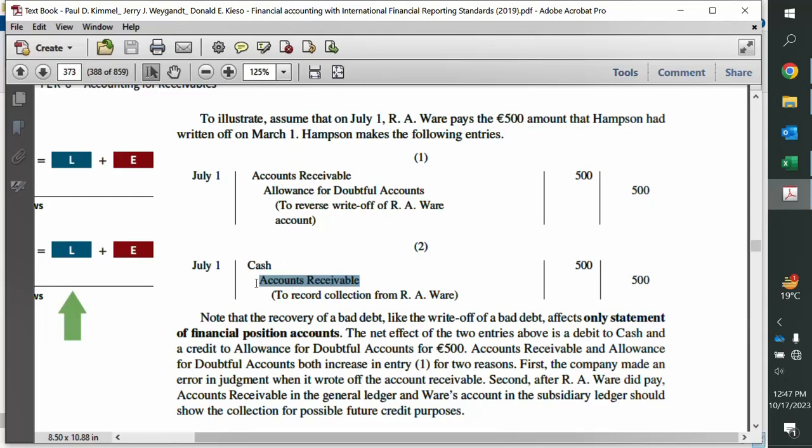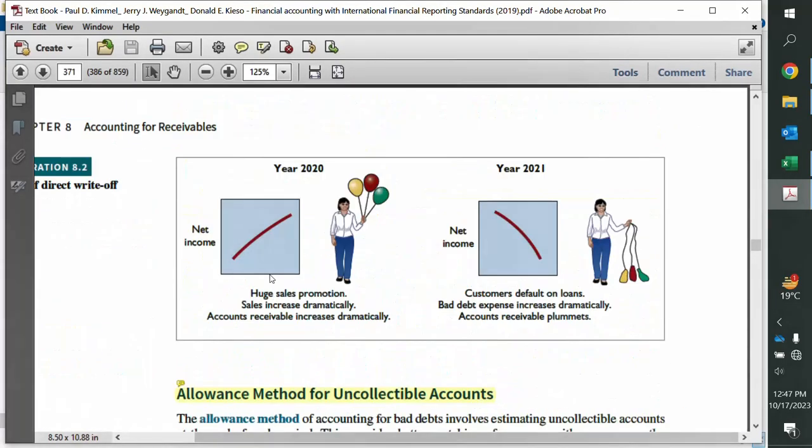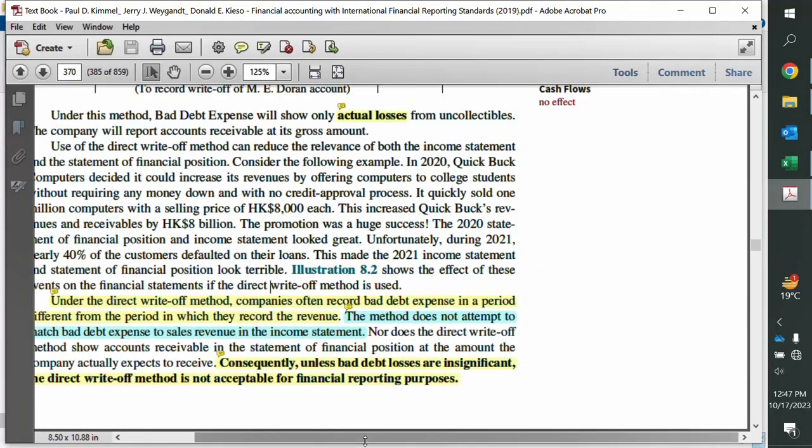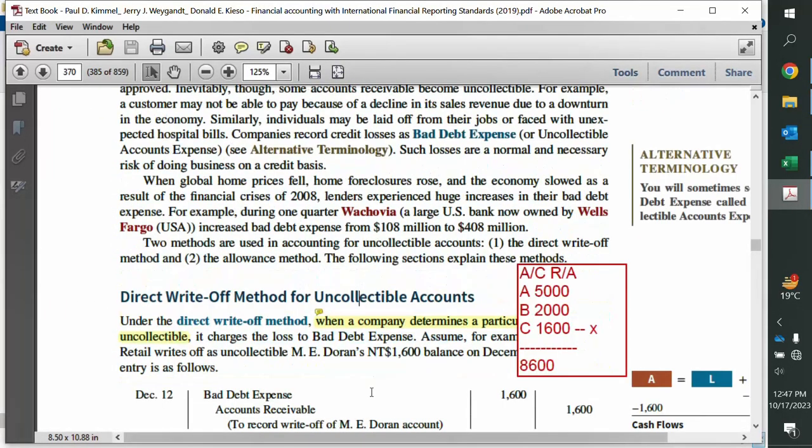Now think over it, how will this recovery of a bad debt be recorded under the direct write-off method, right? Although they have not discussed it there, let us see it. And if it doesn't make sense, if you are getting confused from what I am talking about now, then you have to see these videos multiple times. You have to do some practice, and then you have to revisit these videos. Then it will make sense to you, right? I can understand that if you are watching all these videos in one go, and the concepts are inflating your mind, then probably you won't be able to comprehend everything in one go.